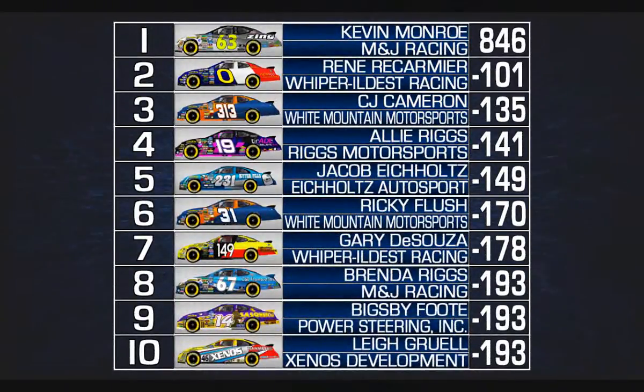And now here are the point standings. Leaving Albuquerque, Kevin Monroe is your leader, a whopping 101 points ahead of Rene Ricarmier. Ricarmier fell behind because he got into that accident in round 2, so Kevin Monroe is sitting in a very good position heading into Dwyer next week. If he fails to qualify for that race, there's a very good chance that he could still come out with the points lead. CJ Cameron moves up into 3rd, Allie Riggs is 4th, Jacob Eicholtz is 5th, Ricky Flush 6th,